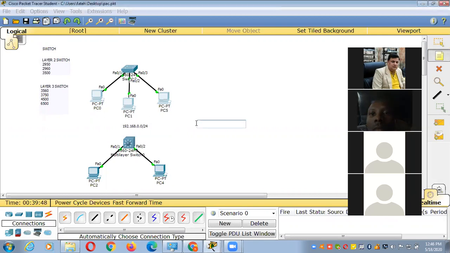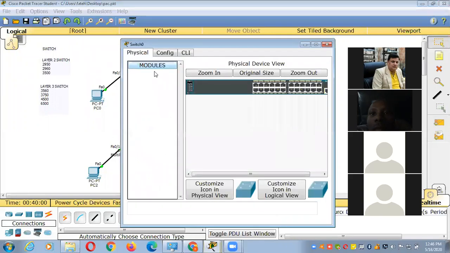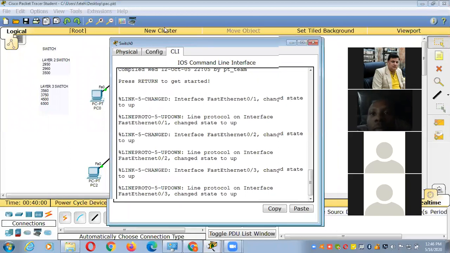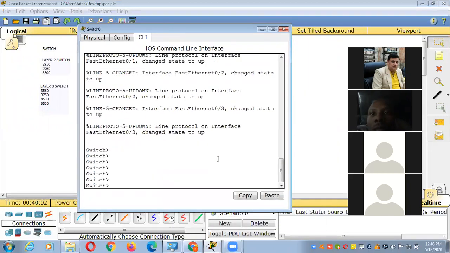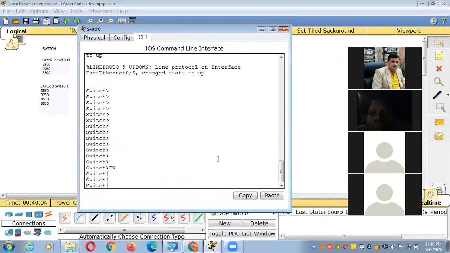As you know, every switch has a table called the MAC table. How can I check the MAC table of this switch?